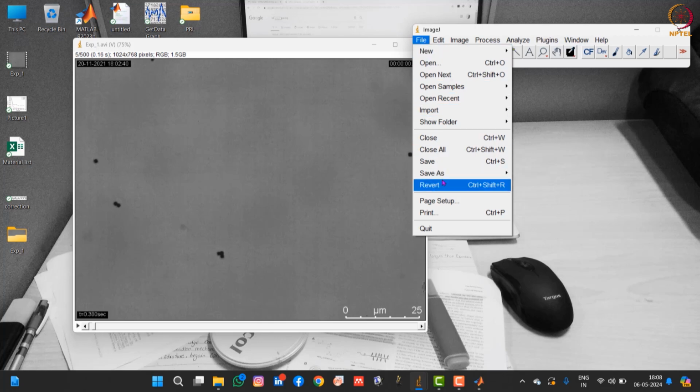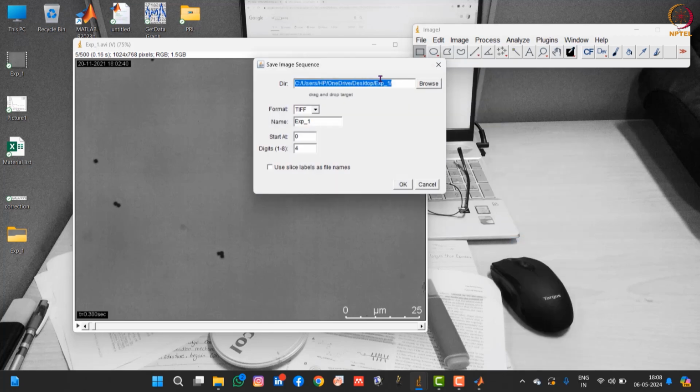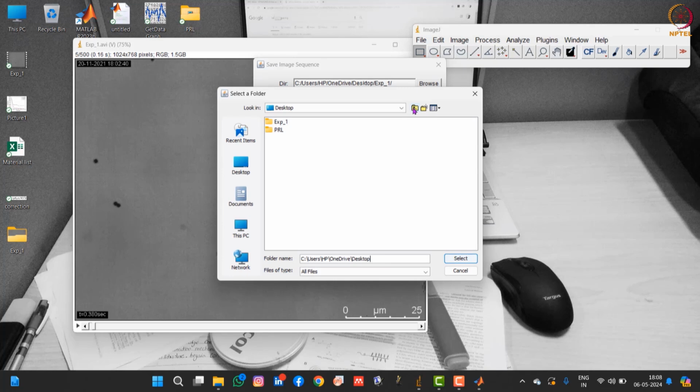For that, you have to go to Save As, Image Sequence. Using this, you can save your video in the form of images. As you can see here, this is the path; let me change this path again to show you. So I'm going to make another folder, experiment 2, right?